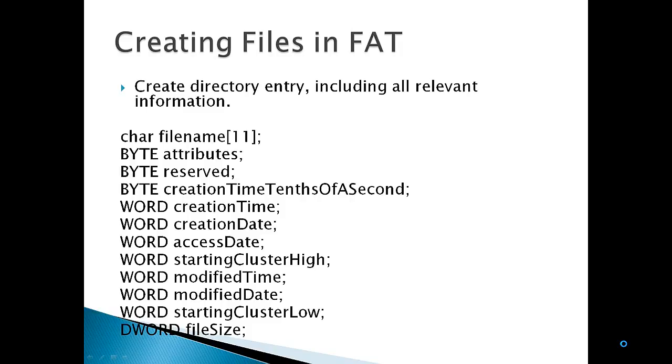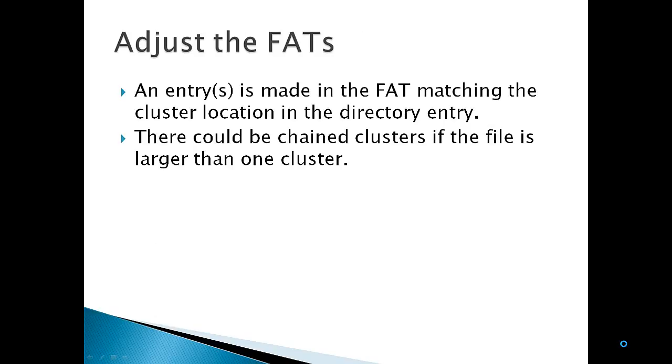So, to recap, the first thing that happens when the operating system creates a file on a FAT device is to create the directory entry. The next thing it does is it has to adjust the FATs. Since they're mirrored, it's going to do the exact same thing to both. So an entry is made in the FAT matching the cluster location in the directory entry. So the directory entry has a starting cluster, and then the FAT entry corresponding to that starting cluster is filled